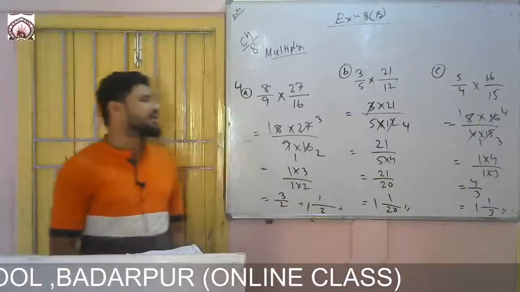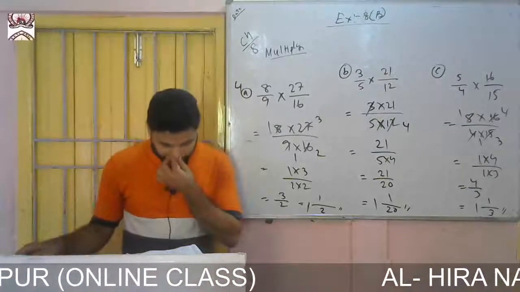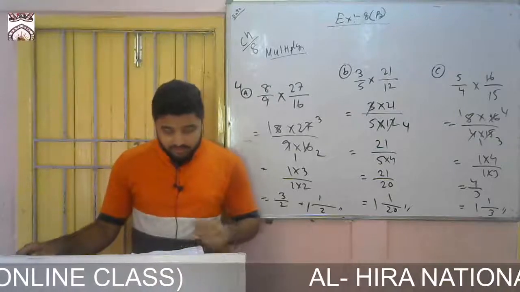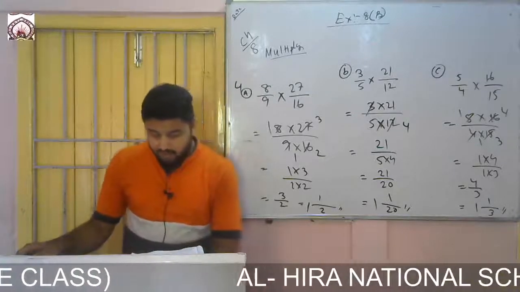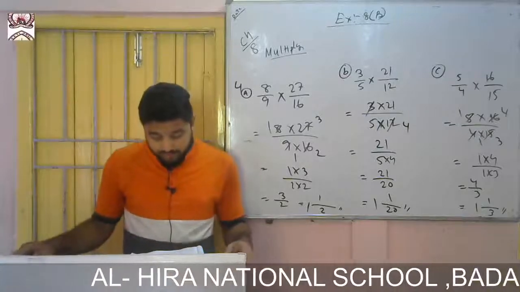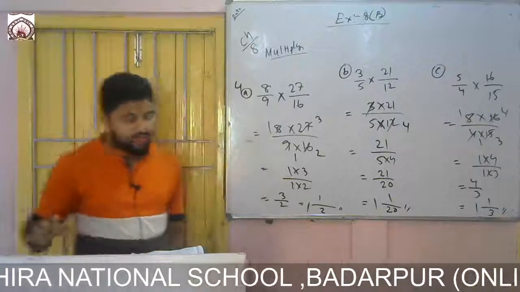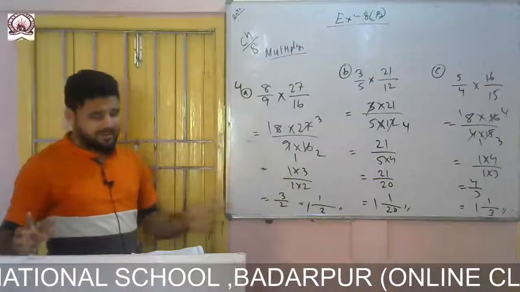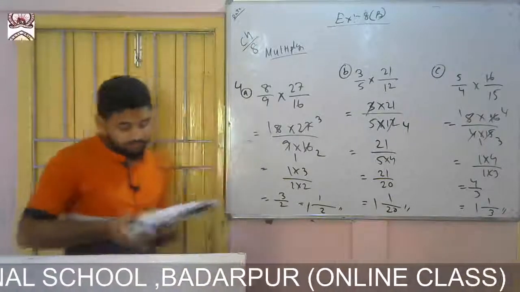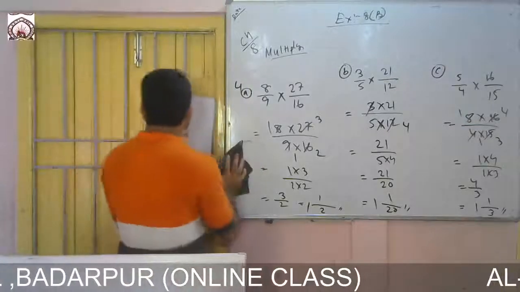So these are nothing but you just multiply and cancel. Now come to question number 5. Okay. So these all are same. So from 5 I shall show only 2. These all are the same process. So come to question number 5.